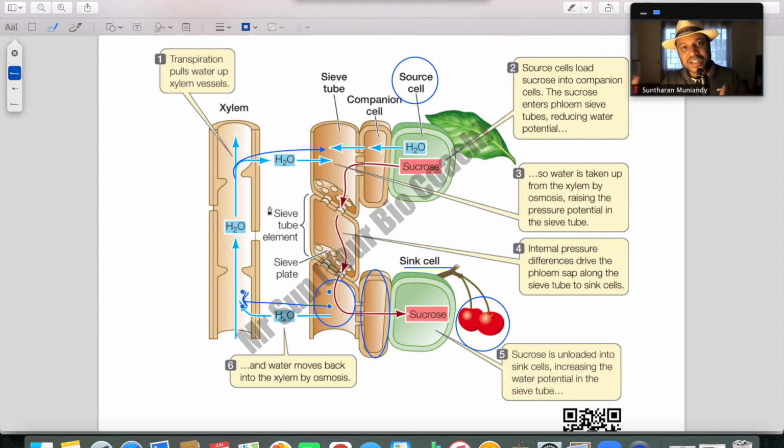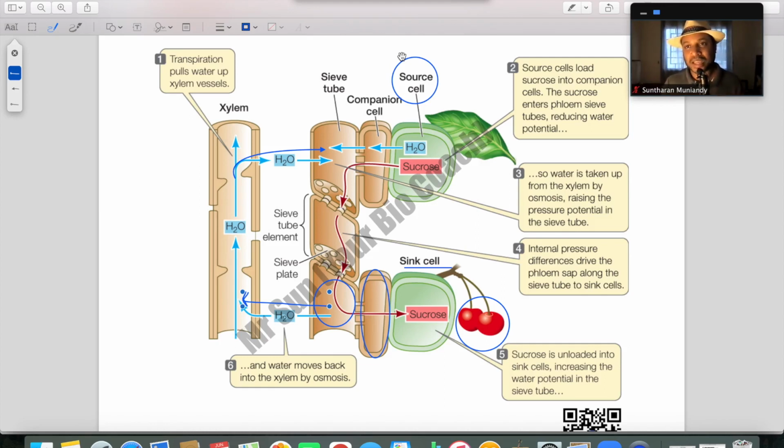Okay, so the first thing that happens, from the source cell, sucrose is transported into the sieve tube by the companion cell that has mitochondria. They use that energy to pump sucrose from the source cell into the sieve tube via active transport, and that is going to cause the sieve tube to have low water potential. Water from the xylem will diffuse into the sieve tube, and this increase of water and sucrose is going to increase hydrostatic pressure in that part of the sieve tube,